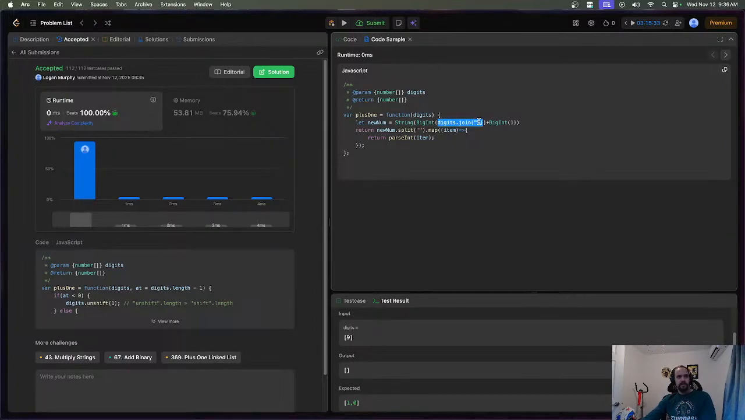Taking the digits, turning it into a string, turning that into a big int, adding it with another big int, turning it back into a string, splitting that string, and parsing each item of the string as a number. I would define this as cheating. This is not what an interviewer is looking for, although in real life you probably would do it this way